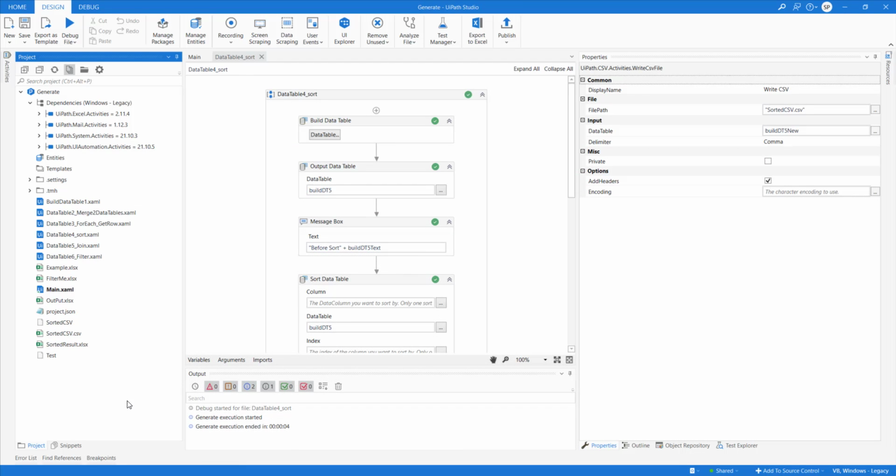Got it? Any other doubts? So that's the reason I'm saying, once you convert your data into a data table, you should be able to perform many operations because most of the activities inside UiPath use a data table as an input, right? So you should be able to write into CSV, into a flat text file, into Excel. Similarly, a lot of other activities provided by different providers also take a data table as input, like Google spreadsheet activities, ServiceNow activities, Salesforce activities, right?